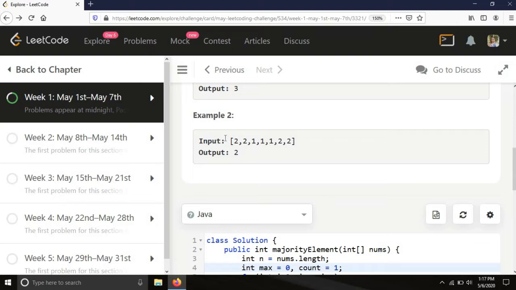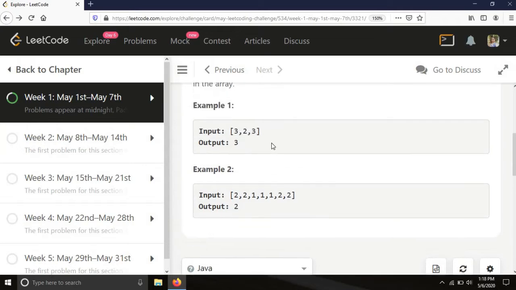Here 2 is present 4 times and 1 is present 3 times. The size is 7, so floor of 7 divided by 2 is 3. So 2 is present more than 3 times, and the majority element is 2.